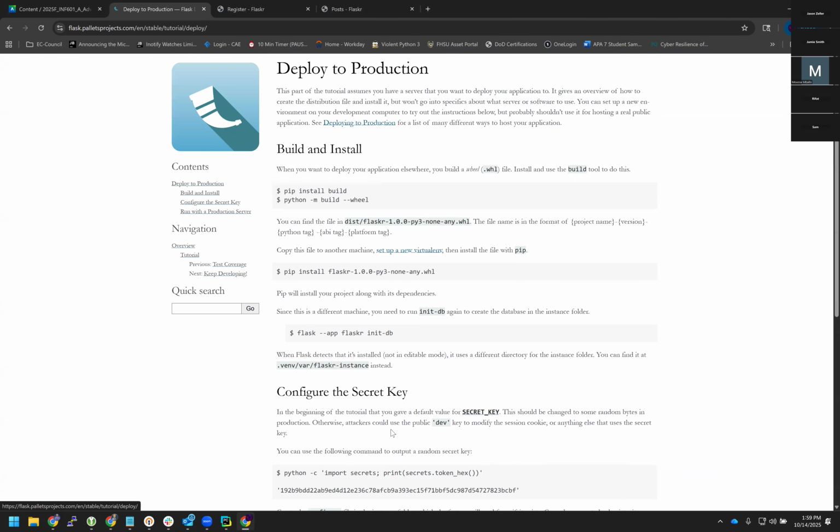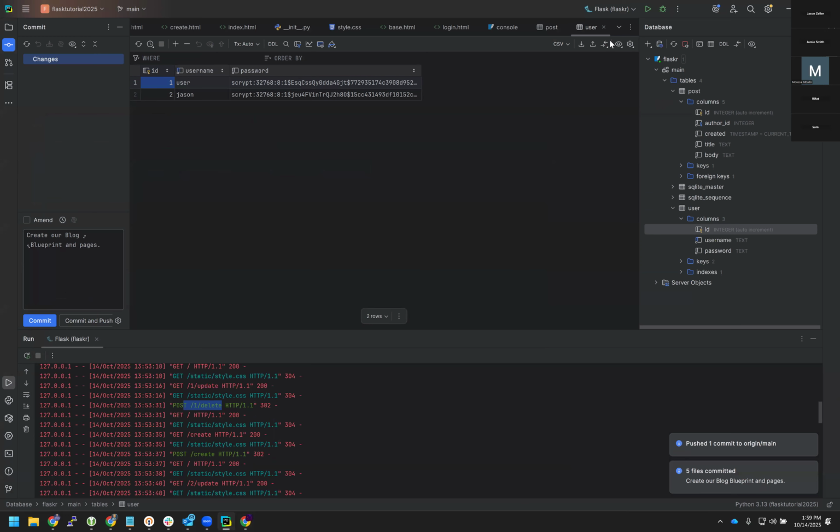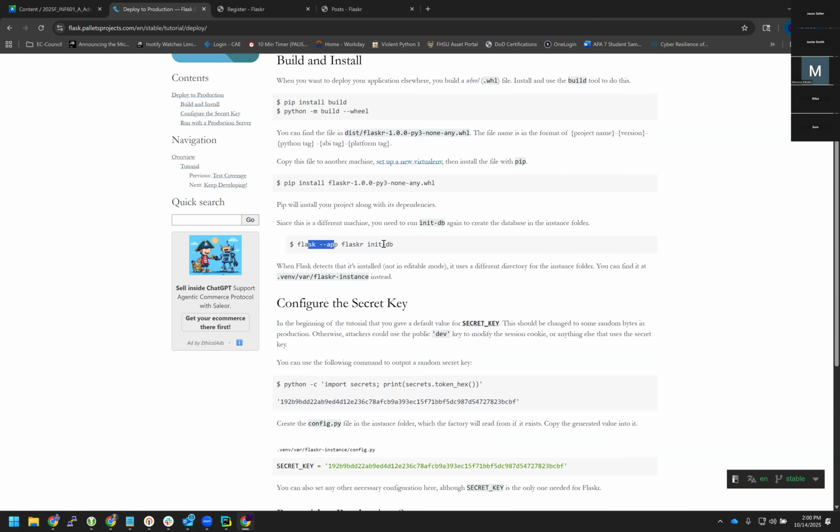Okay. What I do want to cover slightly is your deploy to production. If you want to run this, remember right now we are just running this Flask command and then pushing it out, which is the essential of doing this run command up above. You would want to build it into a Python package if you would like to, and then you could pip install your Python package as a wheel. It's a little bit different than you running this Flask init here. You will need to run your initdb when you check out, which means when you folks are working on your